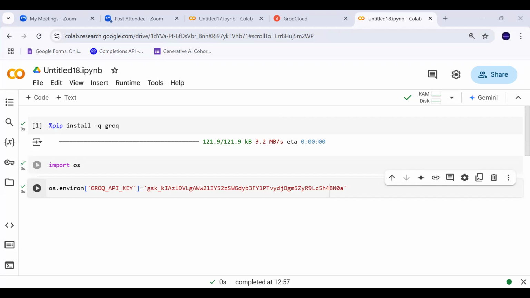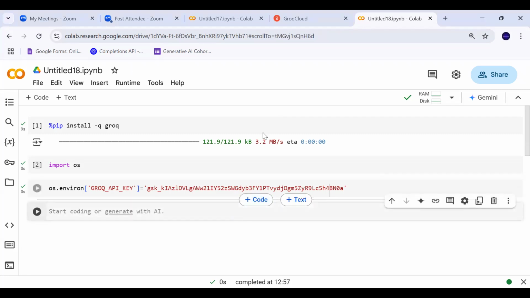Okay, we have set the environment variable.